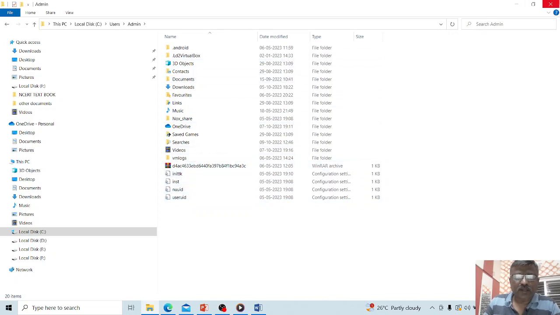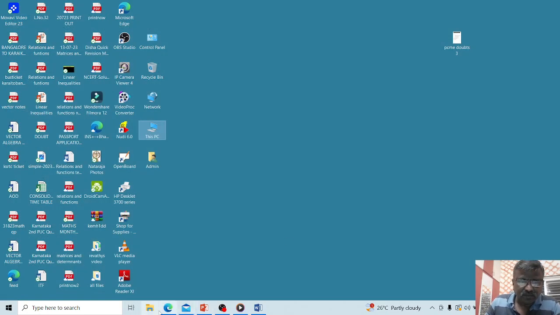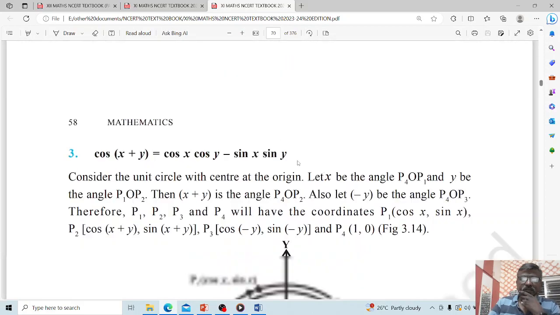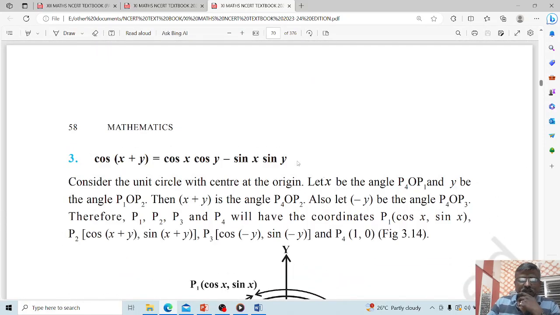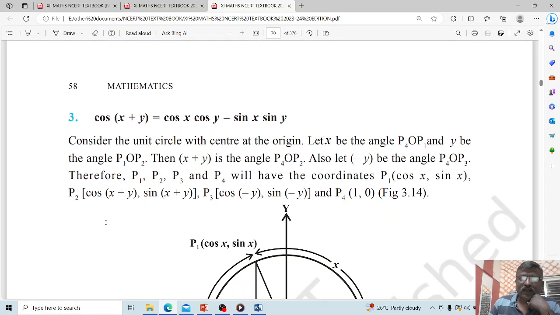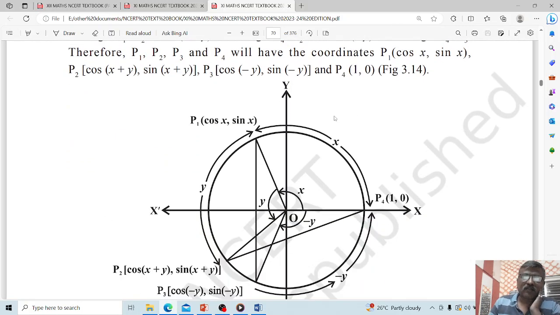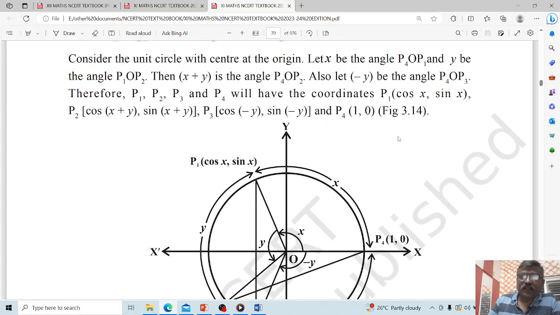I am trying to get the textbook actually. So let us see here, this is the proof. Consider the unit circle with center at the origin and x be the angle P4OP1. Don't get confused with that P4OP1. Instead of this you can as well write A, B, C, D, as you have seen in some textbooks or guides. You can see that they have written like that. You can also use that, no problem. But the only thing is you have to write it